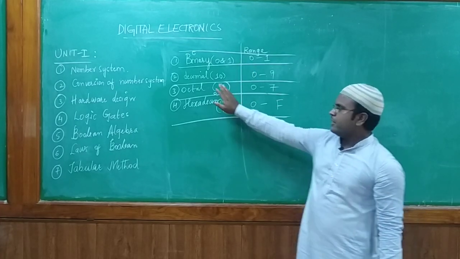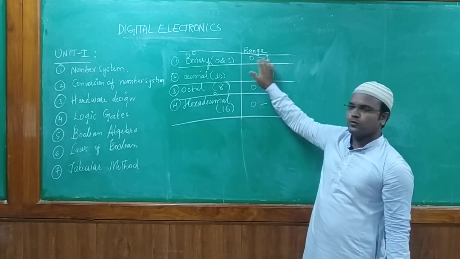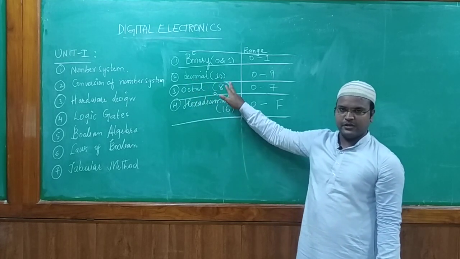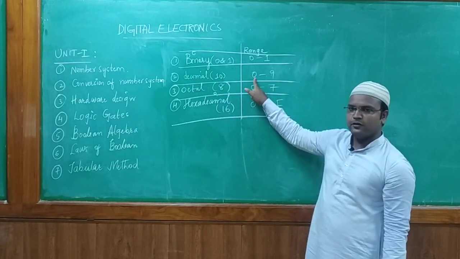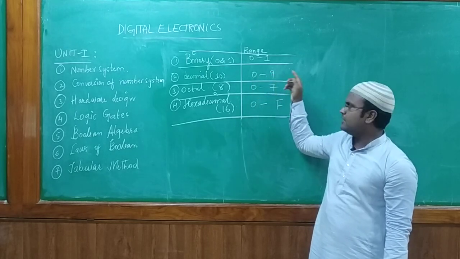So now we know it. What is the meaning of binary? Binary is what? 0 and 1. That range is what? 0 to 1. Similarly, if you see the decimal number, the total combination should be 10. That means it has the values from 0 to 9, including 0, 1, 2, and so on till 9.